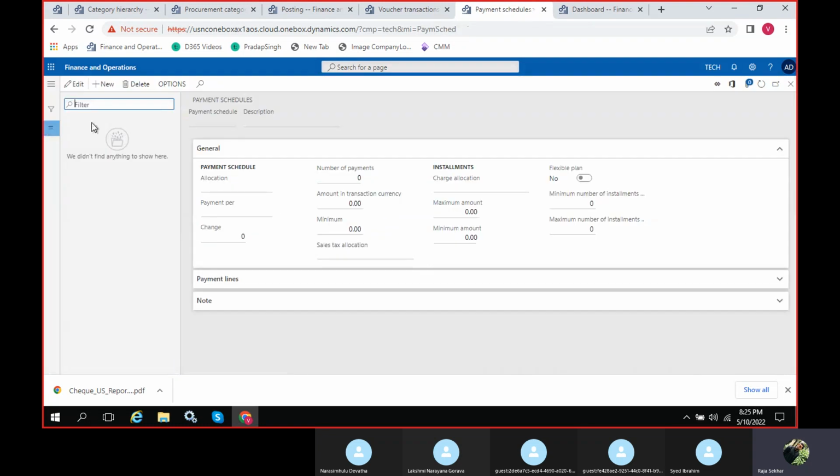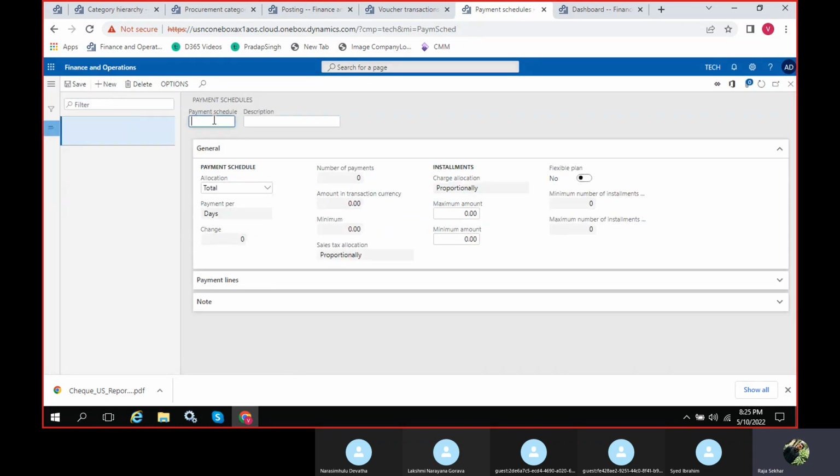Suppose my supplier, due to some recession, now we are in COVID situations, right? He might give us some flexibility to pay in some EMI method, in a generic way.